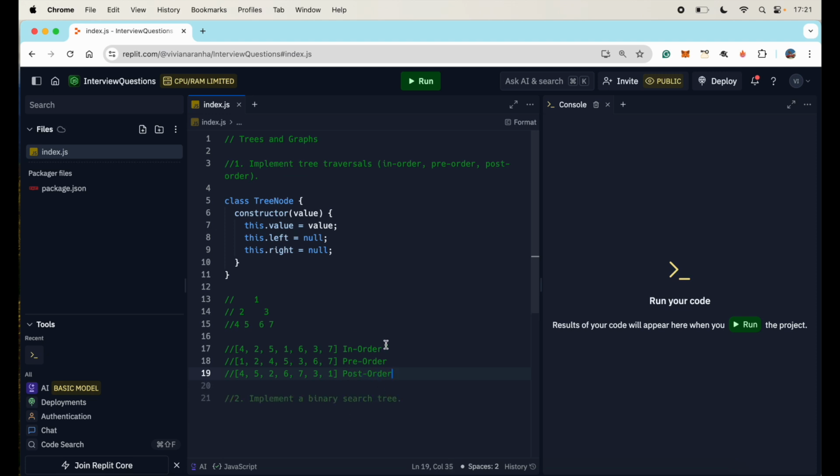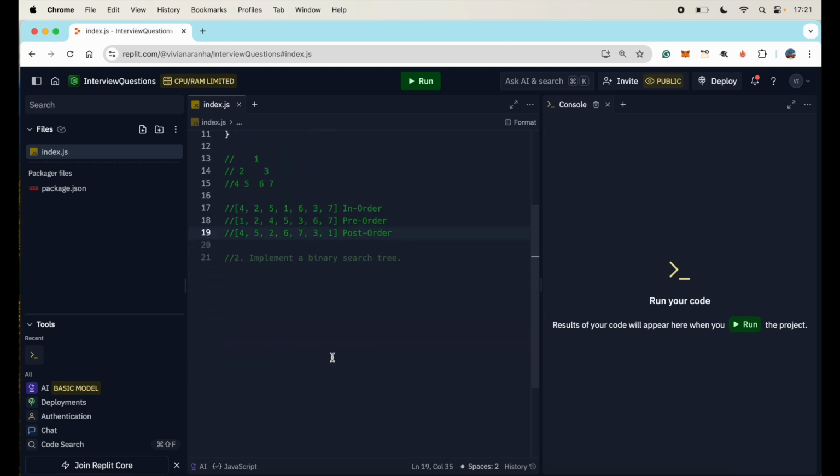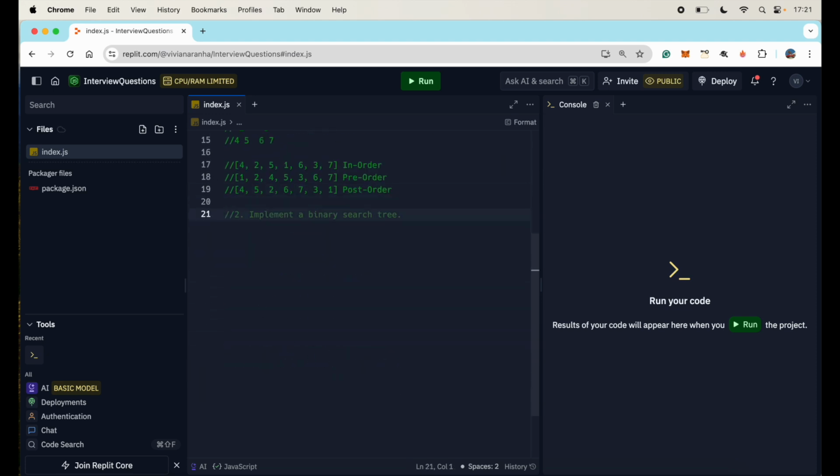So these are the three traversals that we'll have to implement in JavaScript. For this, let's start with our function for in-order traversal. Now for in-order, let's write a function. I'll call it inOrderTraversal, and it will get not the root, it will get the node element, and the result will be an empty